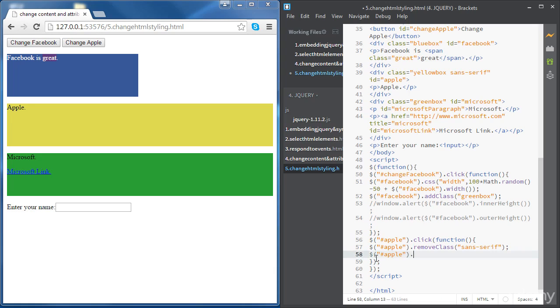So you're gonna access the Apple div using its ID, and then we're gonna use the CSS function. All right, so we look in here at the position property, and we're setting that to absolute. We need this before we use the top and left values. Okay, so the next thing is going to be to use the CSS method, and this time,